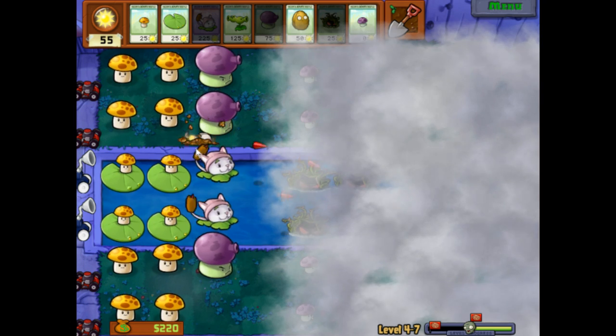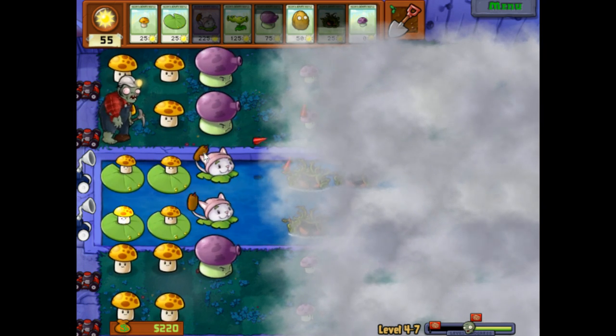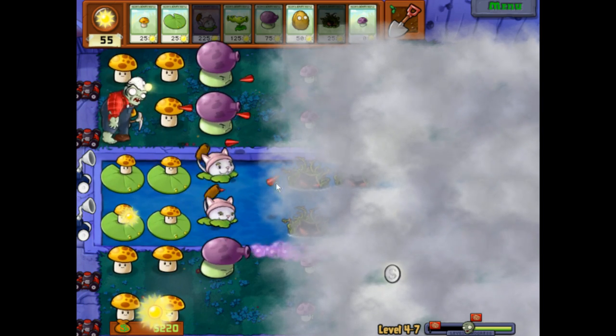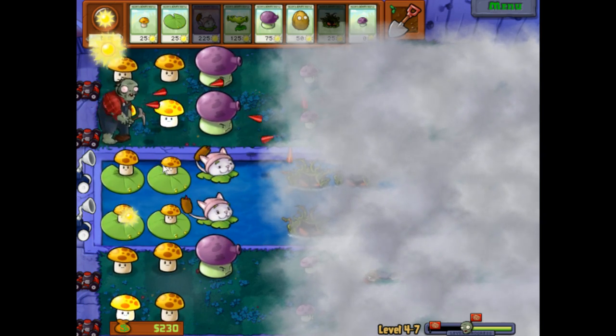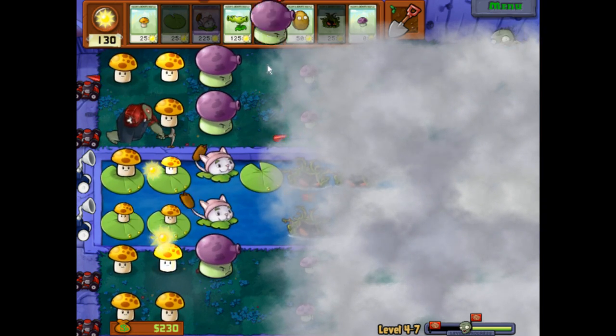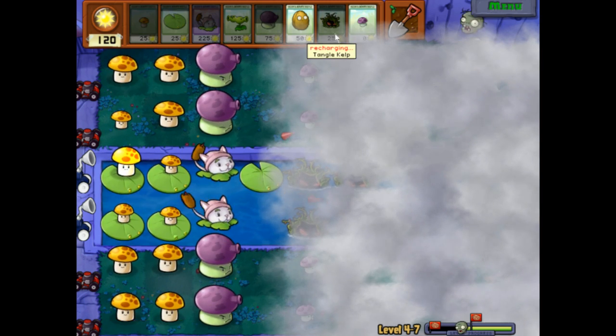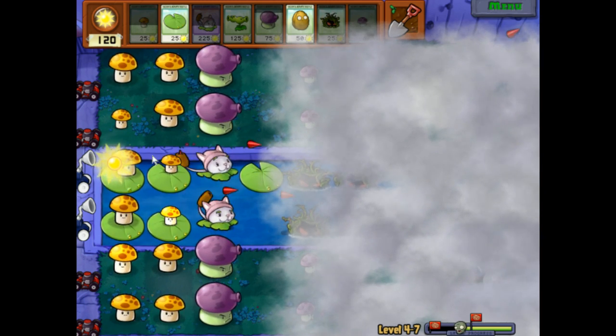Oh, there's my first digger. Let's see if the cattail does what I hope he would do. And he does. Look at that. Beautiful. That's exactly what I wanted. So I think we're gonna actually put in more cattails. You see, they work quite nicely. Although I would have liked to not have lost that evolved sun, but